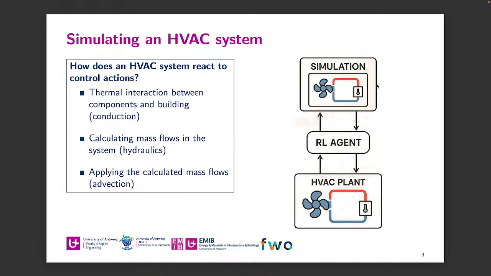Because when a heating source is warming water in your system and you need heat in a radiator, it takes a while before the hot water reaches the radiator. So it's important to model this in your model. And this presentation handles a technique to efficiently calculate this delay between the water that starts from a place in the system, for example, the heat source, and the radiator.